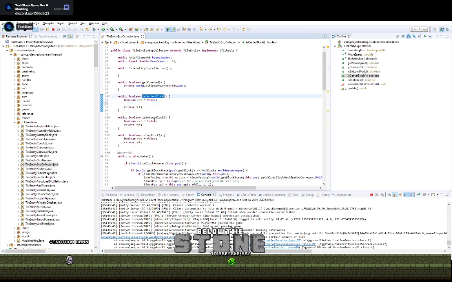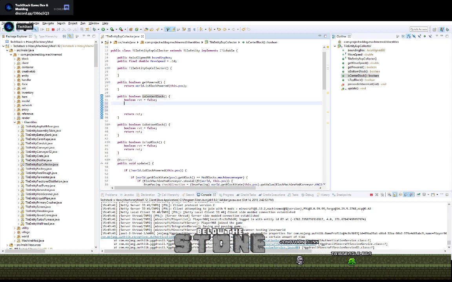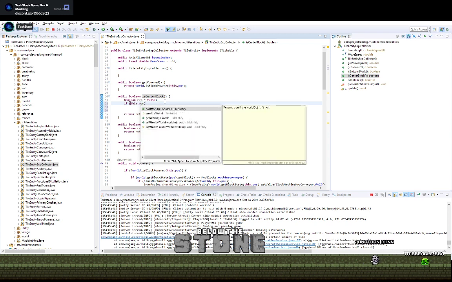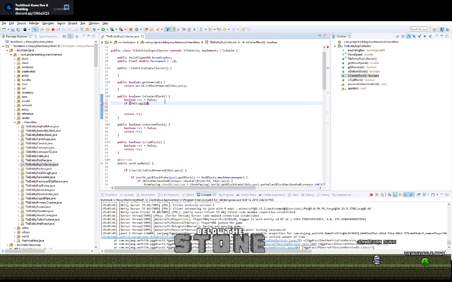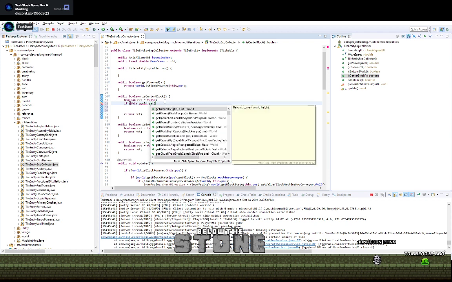So I need to figure out if this is a center block, a bottom block, or a top block, right? And I think doing that in the tile entity is the appropriate place. So let's work with this, right? So in order to check if it's the center block, we're going to set our return value to false by default. So we're going to say if this dot world dot get block